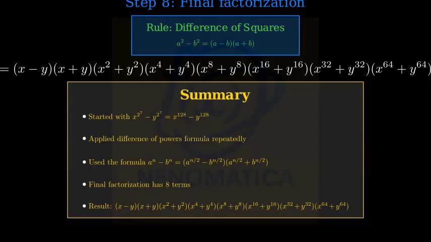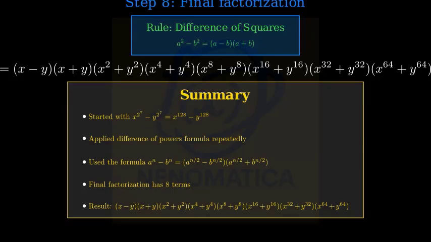We started with the expression x to the power of 2 to the power of 7 minus y to the power of 2 to the power of 7, which is x to the power of 128 minus y to the power of 128. By repeatedly applying the difference of powers formula, we factored this expression into a product of 8